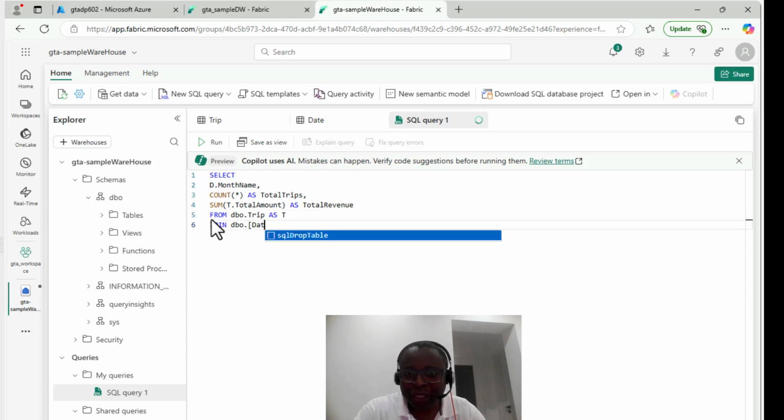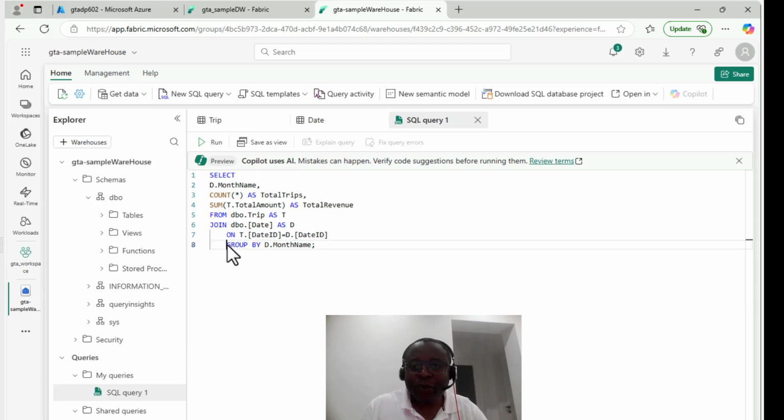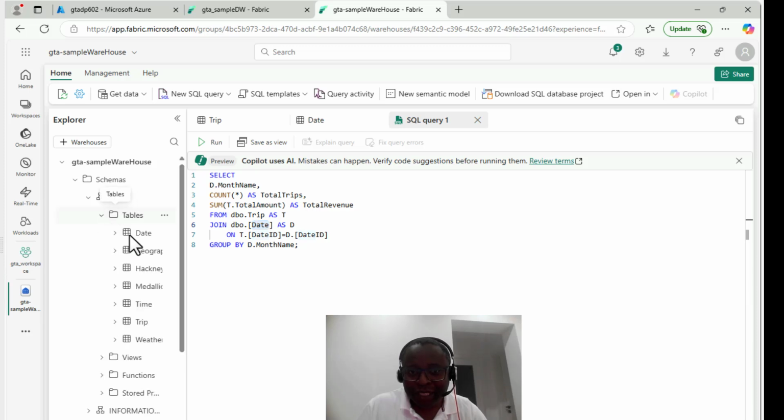We will take a short look at this query now to understand what we are expecting. Here in this query we select the month name, but the month name is coming from the table D that we have described here, the date table. That means we have the date table with a join. We join the date table with the trip table. The trip table has the abbreviation T and the date table D. So we collect the month of the day, and we count the number of trips per month. And if I run this query now,